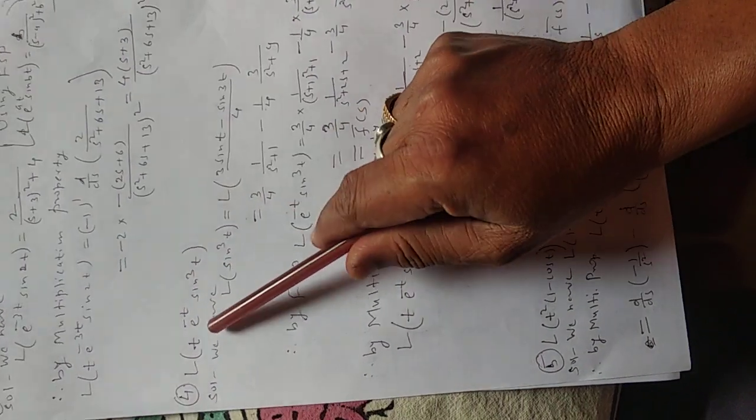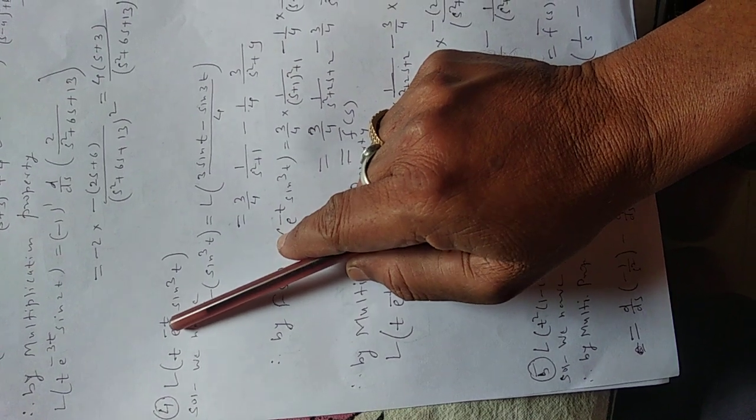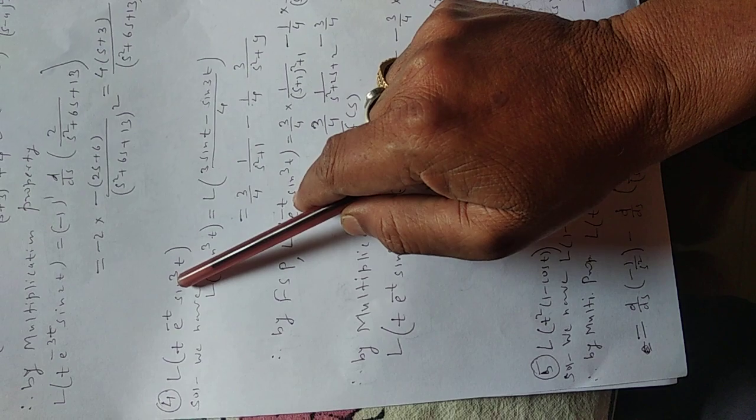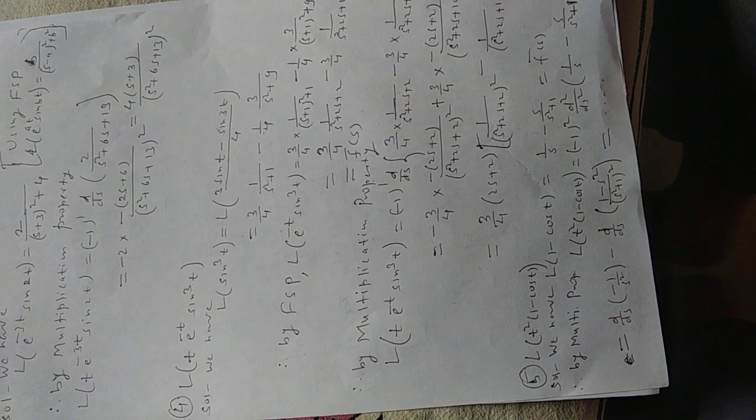But solve more and more examples. You can take more and more examples of your own. You can make your own examples. Here it is t, you can take t raised to 2. Here it is e raised to minus t, you can take e raised to minus 2t. Here it is sine cube t, you can take cos 3t like this, or cos cube t like this. So one can make their own examples and try to solve all these examples so that you become perfect in